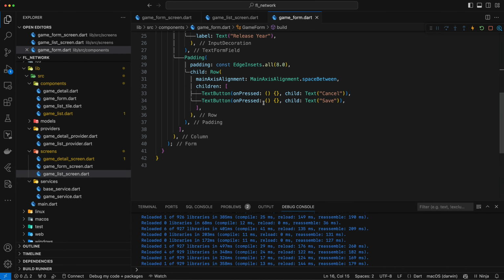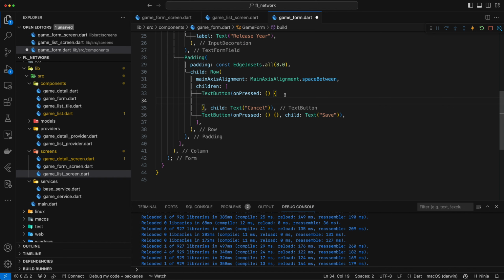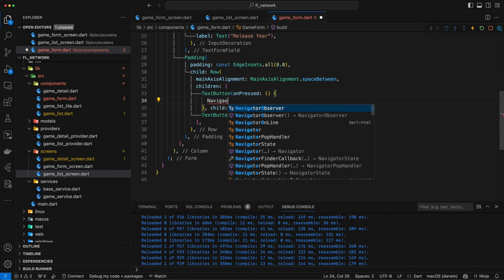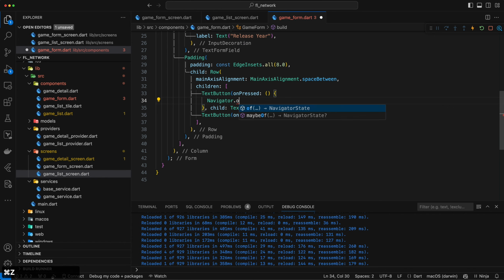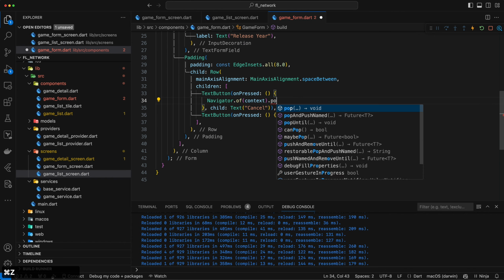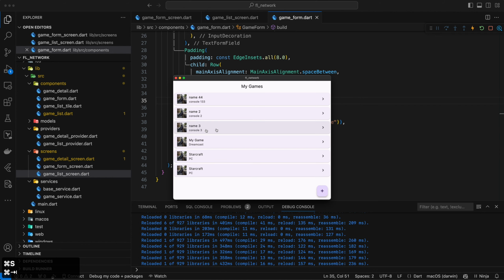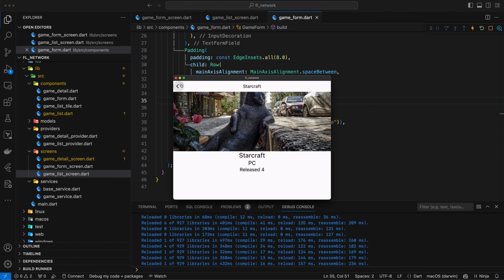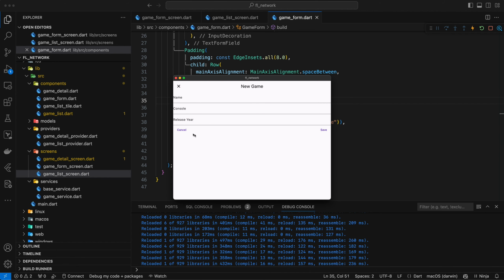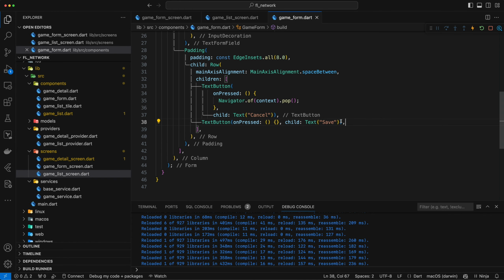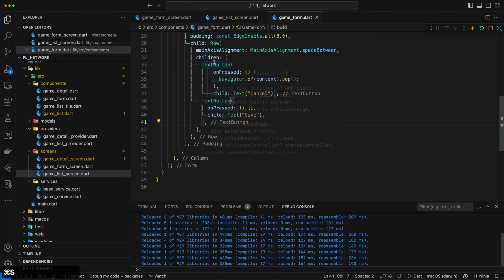So I guess we could start with the cancel one, because what we can do here is we can actually go Navigator.of(context).pop, and that will just remove this screen from the stack. So we'll see that now. It actually goes away. Yay. Oops, I meant to click this. Goes away. But our save, we're not really ready for that yet, because we need something to manage the state